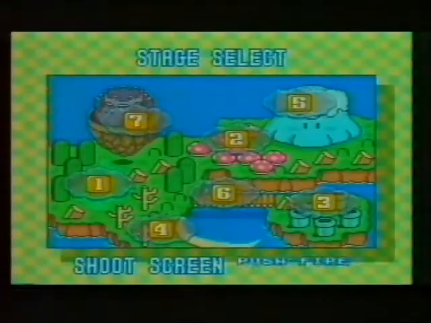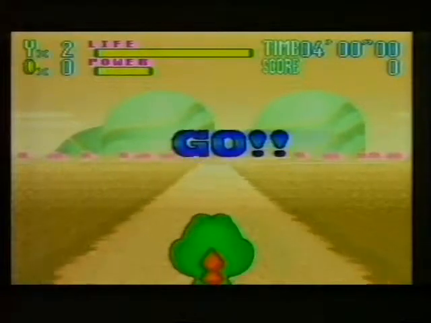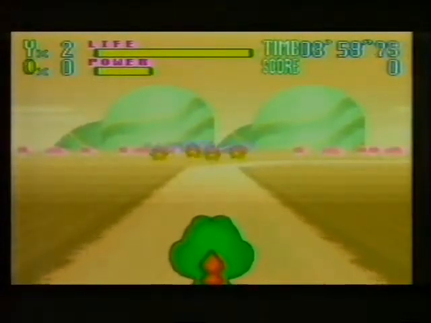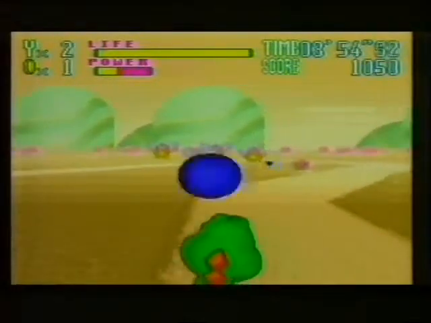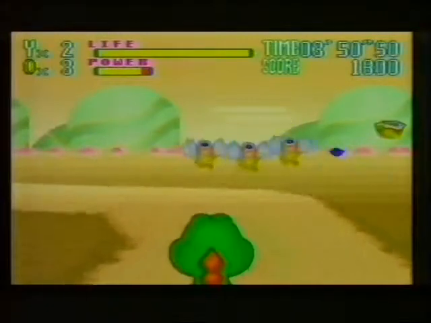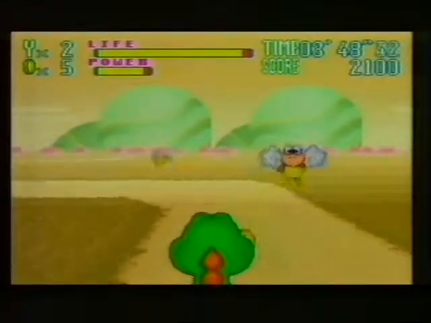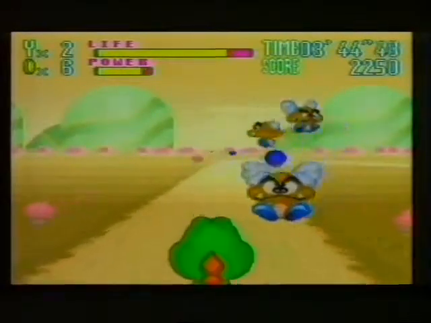This is the stage select screen where you can choose one of 7 stages to do in any order. I'm doing level 2, all the others are familiar Mario settings as well. In this game, you play Mario riding on Yoshi's back around the land. You have to shoot all the Goombas and Koopas. If you shoot them, you get coins. If Yoshi accidentally gets hit by a Koopa, then he gets dazed. Also, if you shoot him by accident, he gets a little plaster on the back of his head.